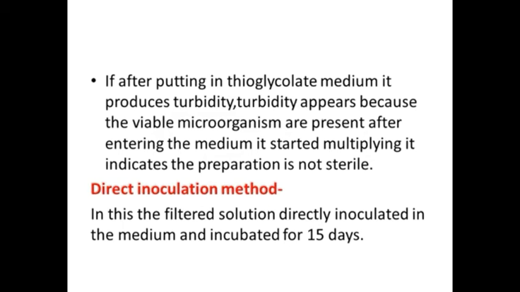Next are solubilizers, wetting agents or emulsifiers used in parenteral products. Examples are polyethylene glycol 40, PEG 40 castor oil, polyethylene glycol 300, polysorbate 20, 40 and 80, and also povidone and glycerin, diacetyl sodium sulfosuccinate and lecithin. Lecithin is the most commonly used emulsifier. There is a question in GPAT, which is the most commonly used emulsifier in parenteral products, and the right answer is lecithin.